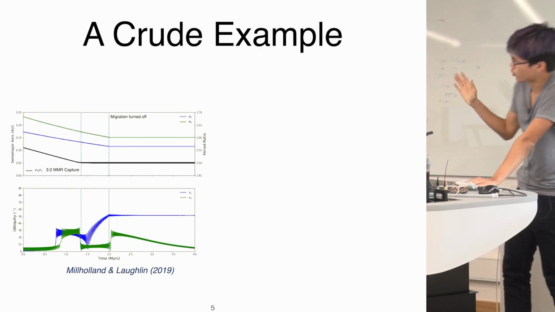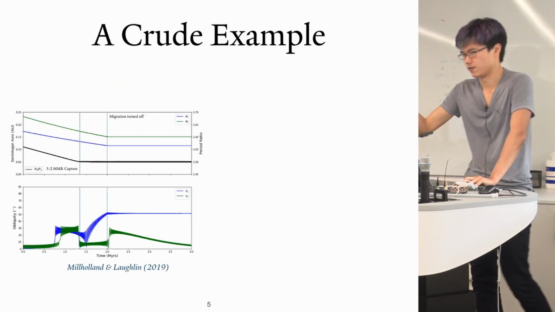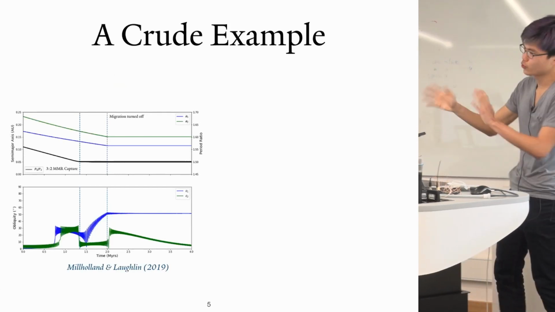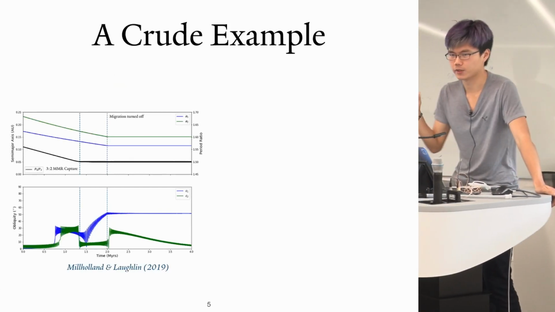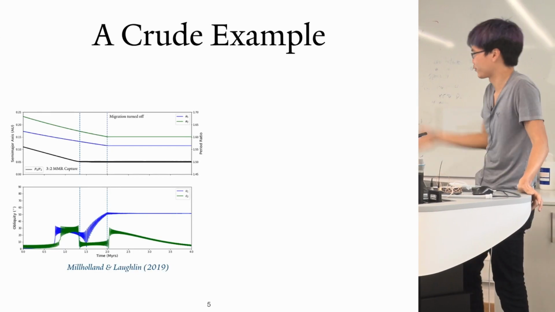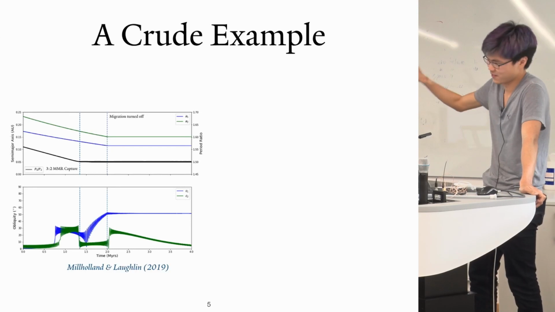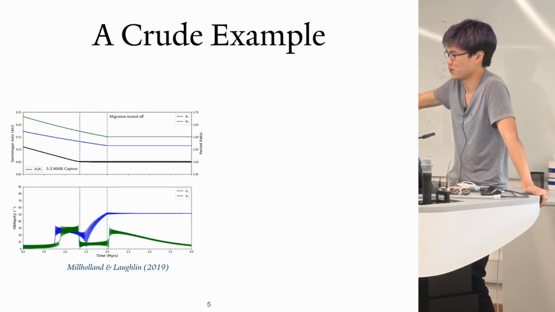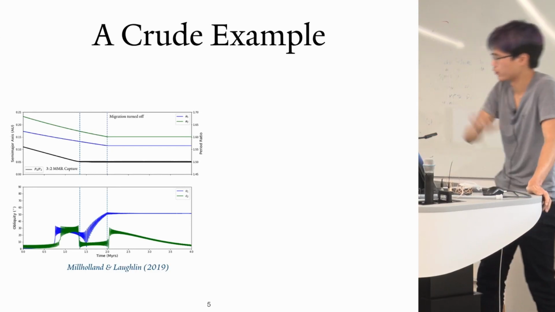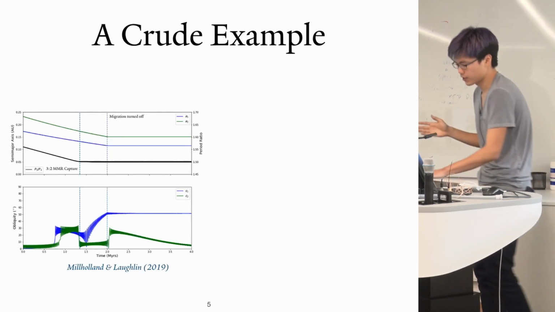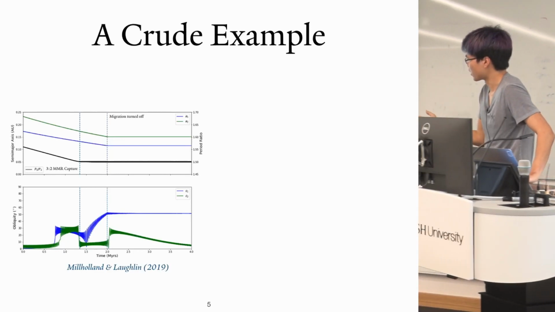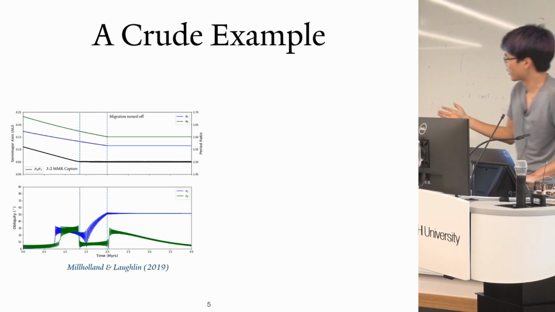I'm going to show you a crude example of the importance of spin-orbit coupling. This is a plot from Milholland and Laughlin, 2019. We're going to get very intimately familiar with this plot over the course of this talk. But for now, I'm going to give a brief overview. What's happening here is a system of three bodies. There's a central star and